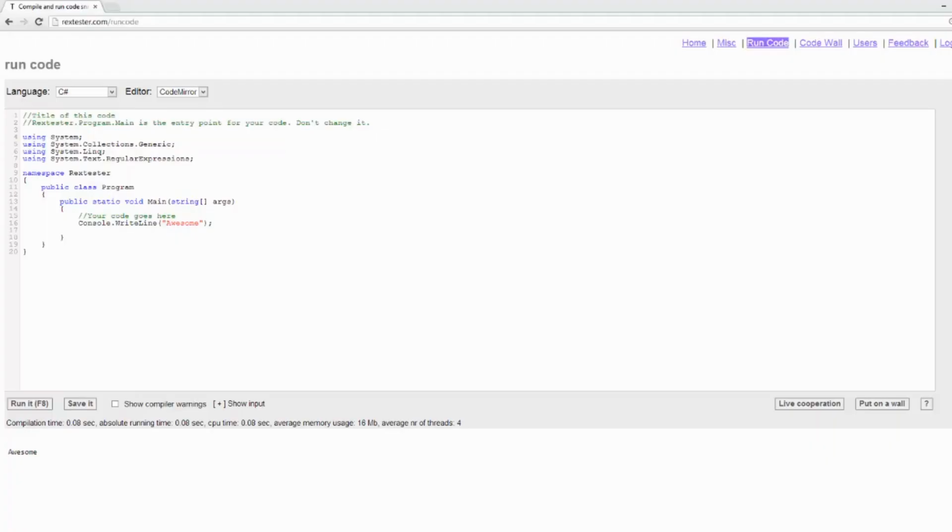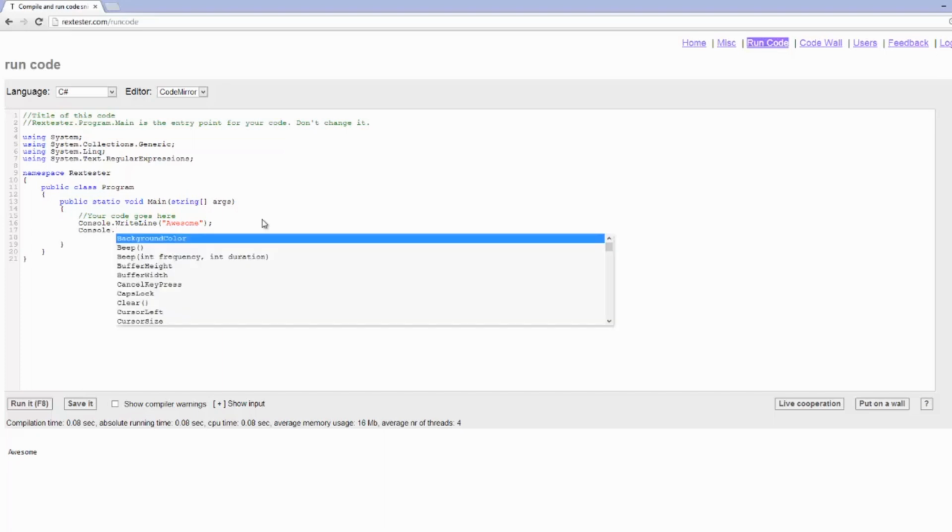Welcome back, everyone. All right, so what we're going to do is add in another console.writeLine. There are a couple of things that I want to show you about this. First of all, I want to show you what the writeLine does, and second of all, how this works. So we're going to type in console, and as soon as you see this dot,